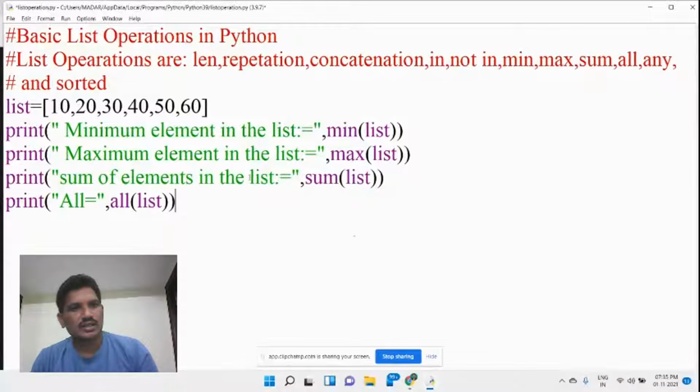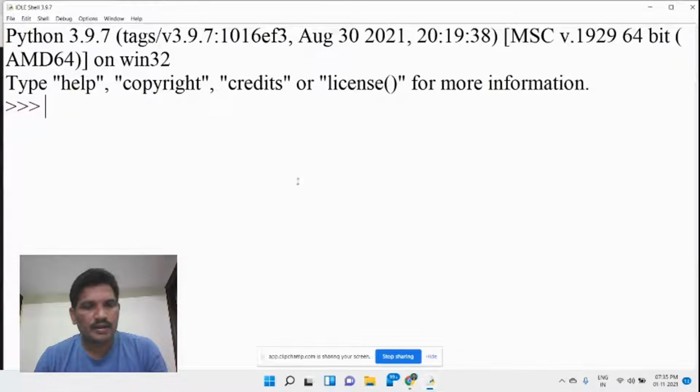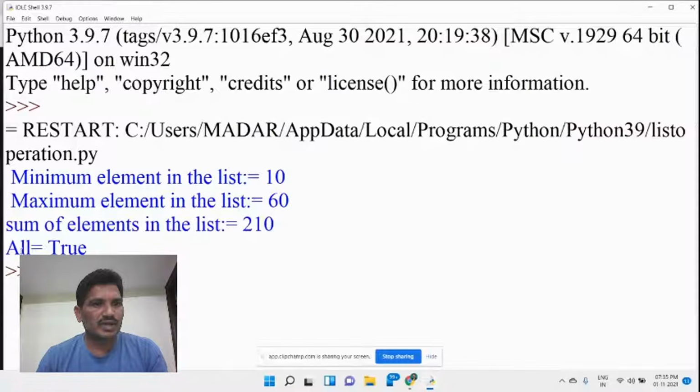You see here, if all elements in the list are true values, then it returns true, otherwise it returns false. Once you compile and run it, what is the output we got? All equals true, because all values in the list are true values.